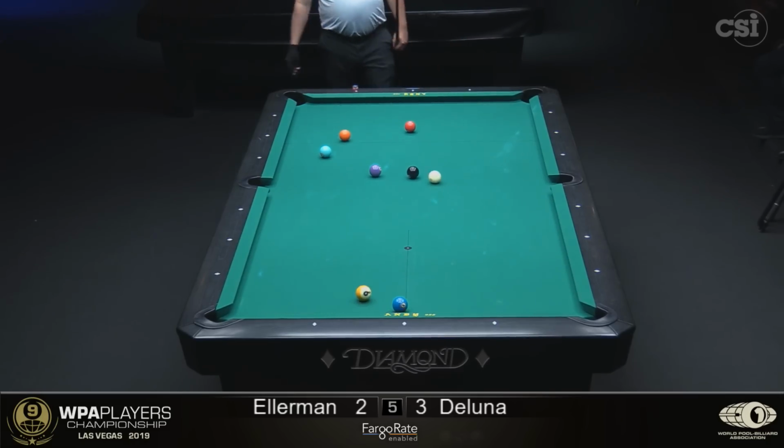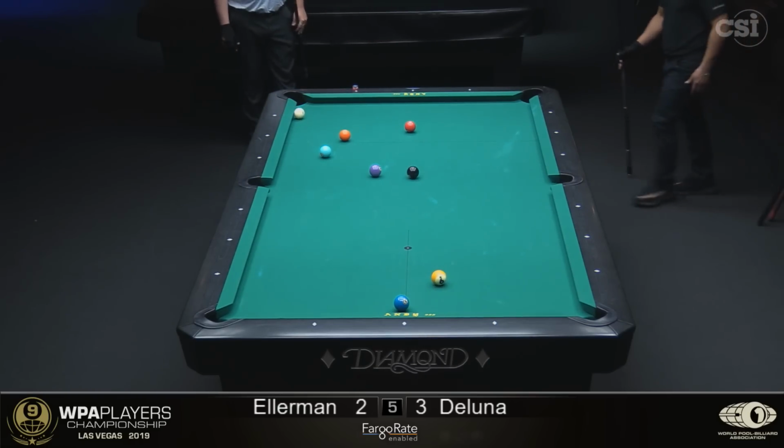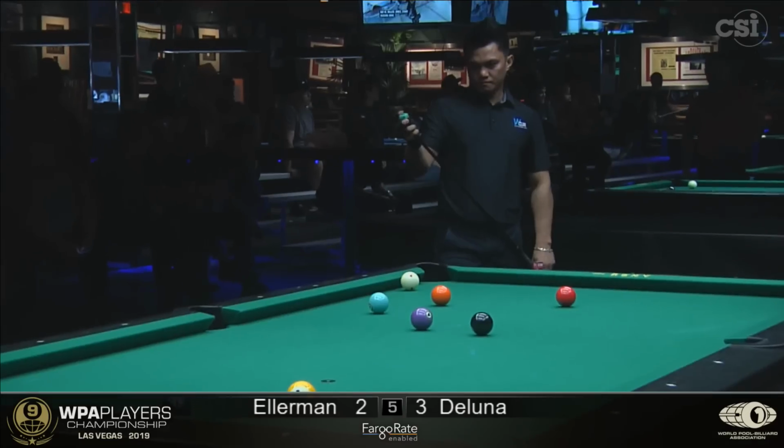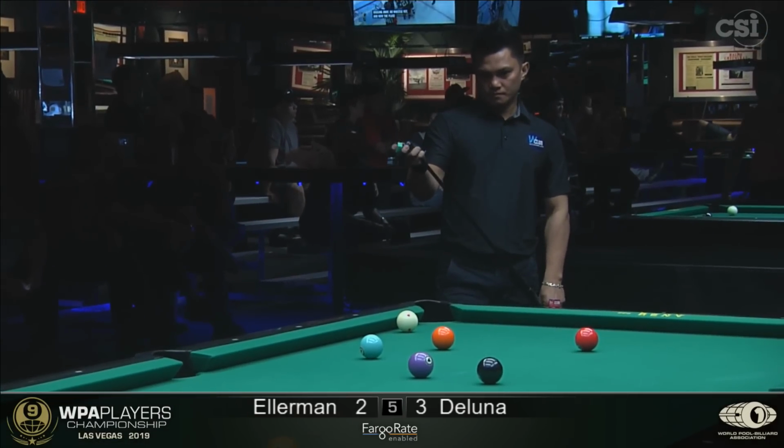Missed it. Cue ball. Does it get safe behind all those balls? Should do. There's a shot to nothing there. Might as well go for that. Good two-way shot there. He had an attempt at the...